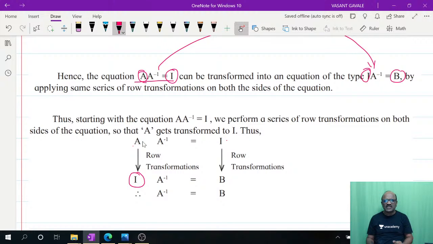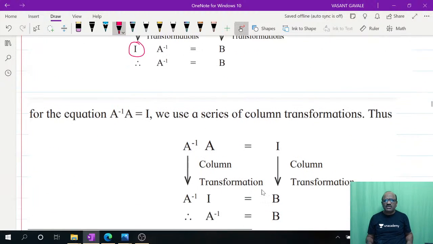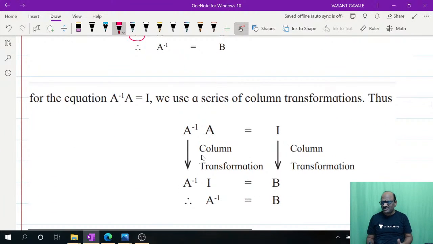बऱ्याचदा काय होत असतं की इन्व्हर्स फाइंड आउट करताना आपण याचाच विचार करत असतो, या बाजूला विचार करत नाही आणि नंतर आपल्या लक्षात येणार आहे हे राहिलं आपलं असं. म्हणून सायमल्टेनियसली दोन्ही ऑपरेशन्स आपल्याला परफॉर्म करायचे असतात. I into A inverse, that is equals to B. I into A inverse is A inverse, and therefore A inverse is equals to B. या प्रकारे.